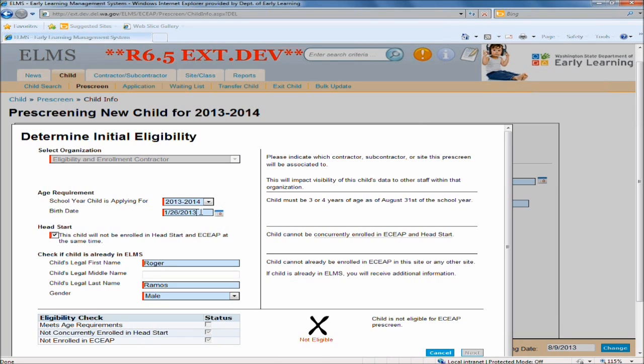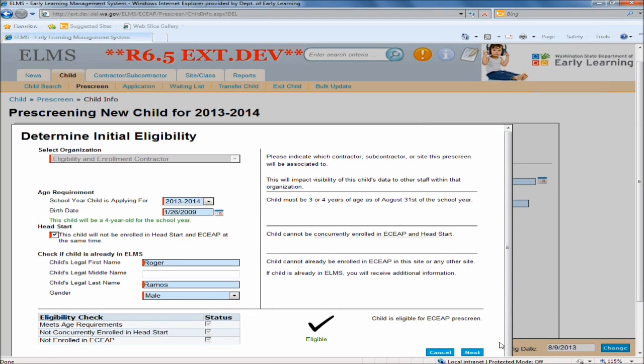Oops. It's just not liking me to do that right now. Let's turn the whole thing over. Okay, so now it's telling us this child's going to be a 4-year-old for the school year and that they are eligible. And I can go ahead and move to the next page of Roger's